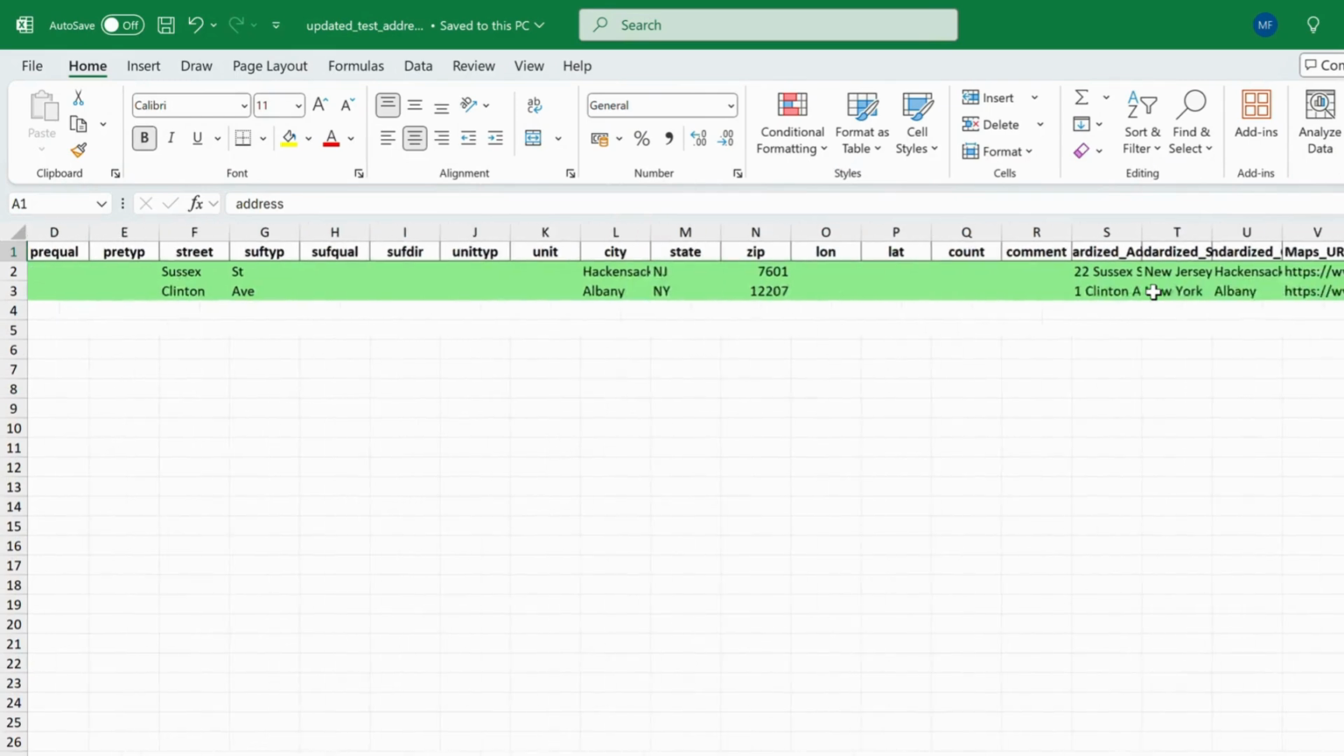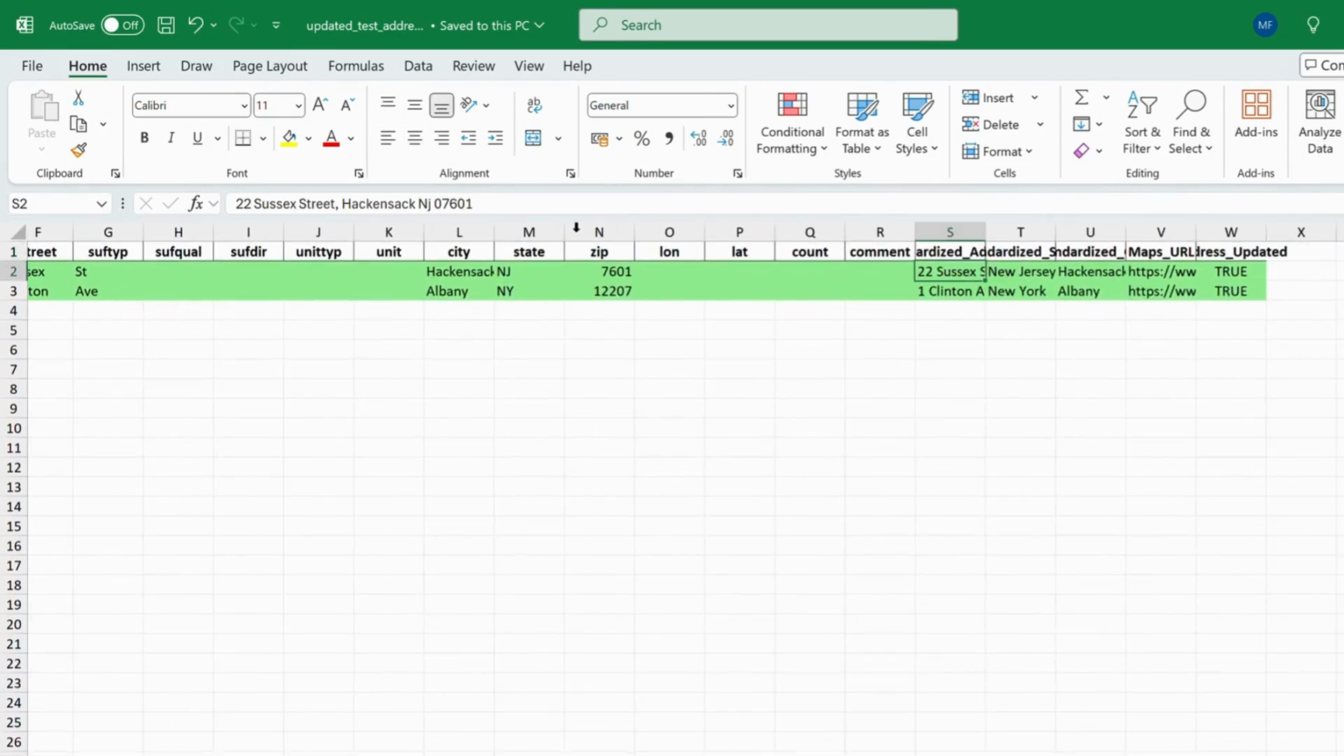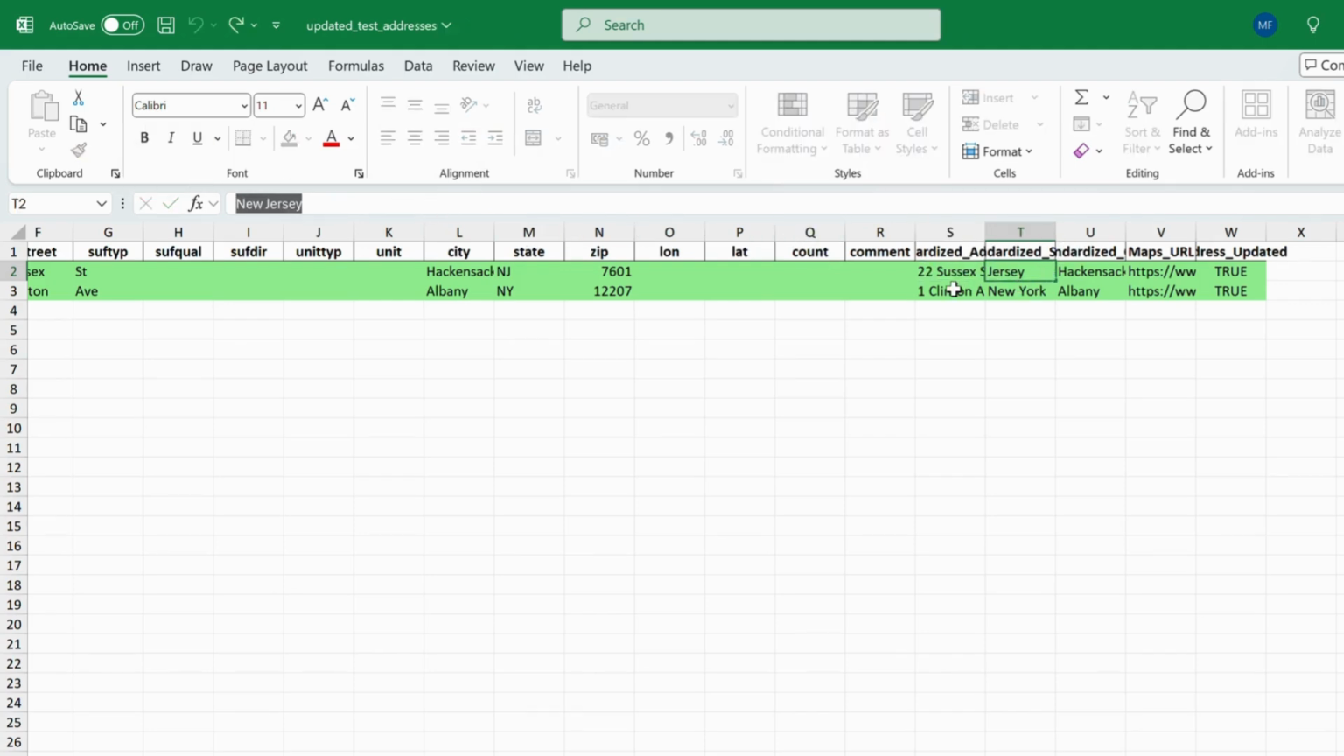As you can see, the rows that were processed and altered are highlighted in green. The street, which was initially abbreviated as ST, is now spelled out in full. New Jersey, which was initially abbreviated as NJ, is now presented in full form. We also have a Google Maps URL for the location,